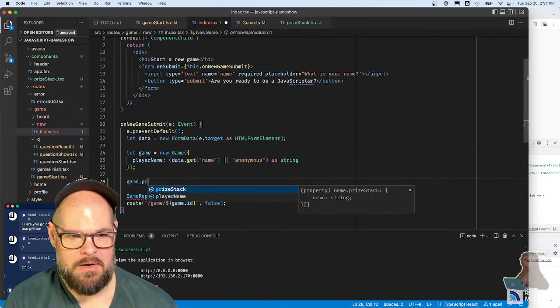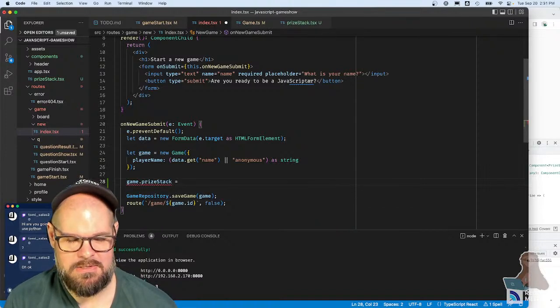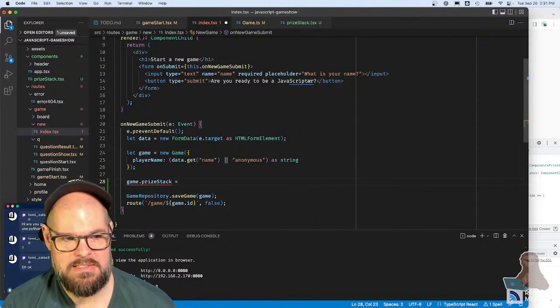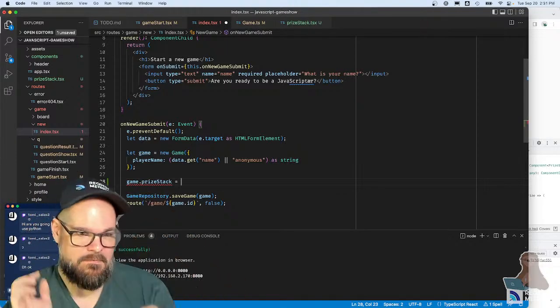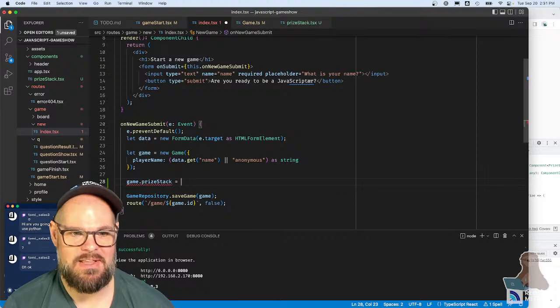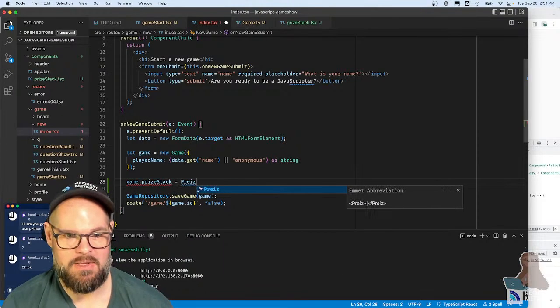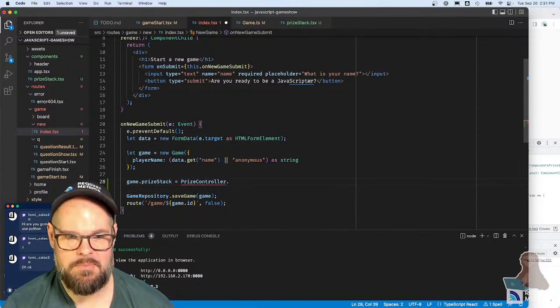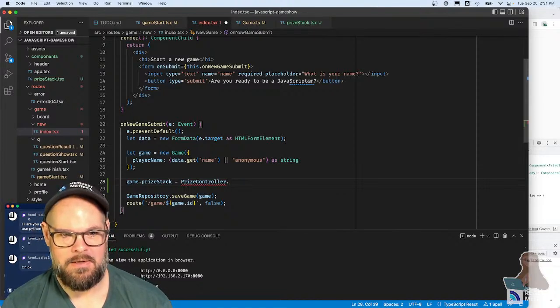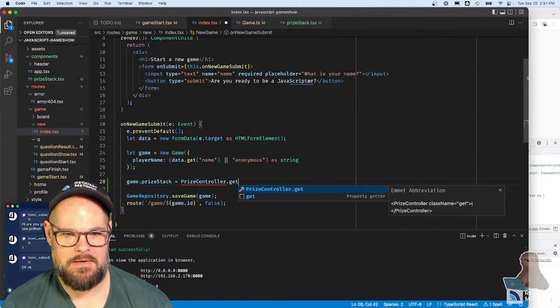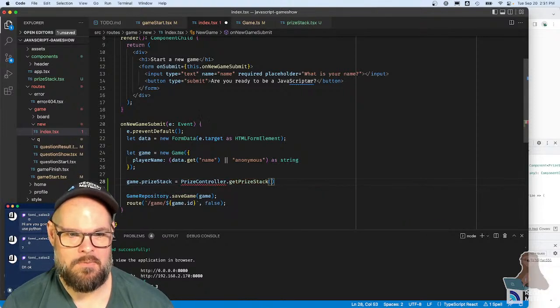So game.prizestack is something. We need somebody to get this information from. Who should that be? Kind of following our pattern, we'll probably want something called the prize controller. And the prize controller will be get prize stack for